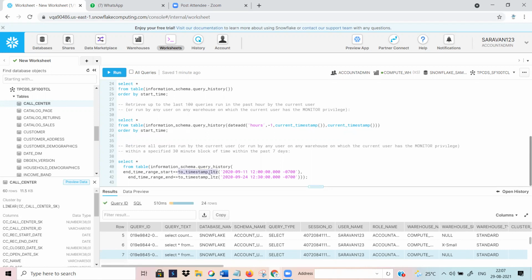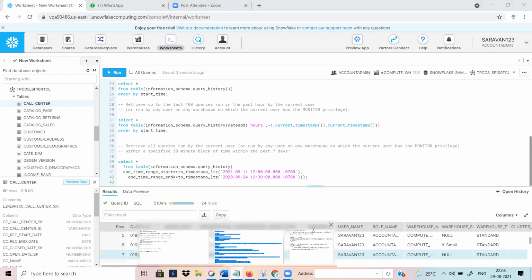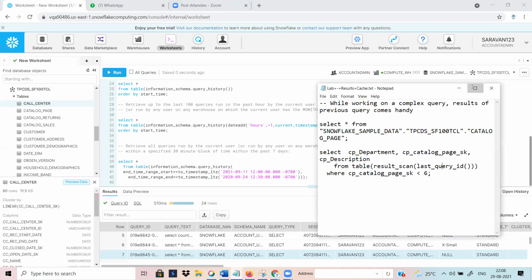You are passing that local time zone, to timestamp local time zone. You are passing some specified time. Okay, my time is different. You can change it accordingly. You can run that. Okay, last 7 days. You can change the value because you need to change the corresponding value for the last 7 days. For example, now. Yeah. No, you can change it and open that. Okay. Yeah. Then one more thing for that here also.